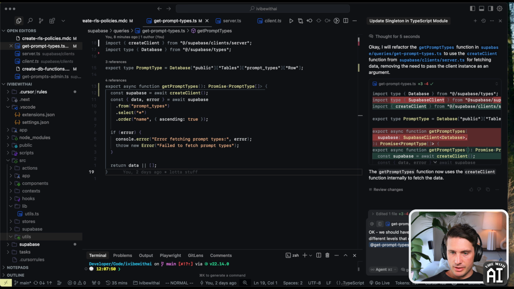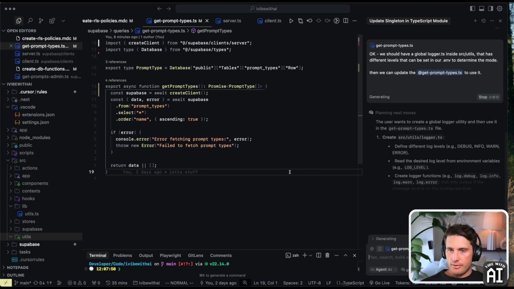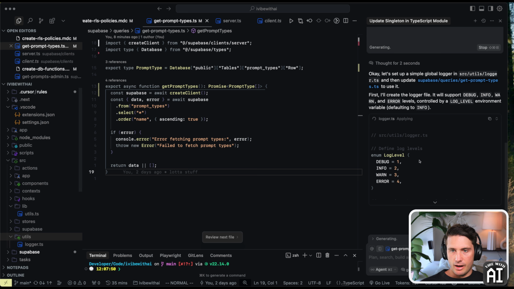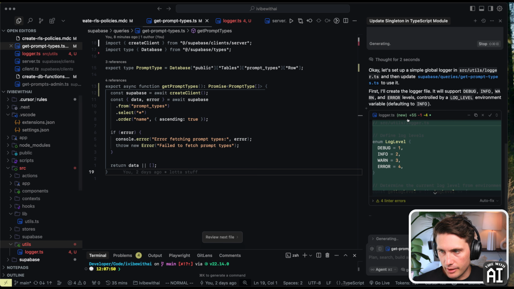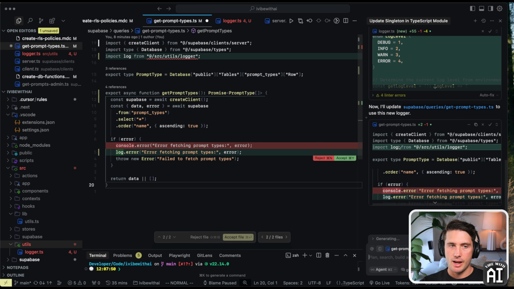That has different levels that can be set in our env. Do I want it to be set there to determine the mode? Then we can update that to use it. Okay, cool. Let's see what this does. It should go create the file, and then it'll have info. It'll have a standard for it. Yeah, debug, info, warning, error. So this is a determined thing. This is just a standard practice, but it's really nice not only for you when you're manually debugging, but for